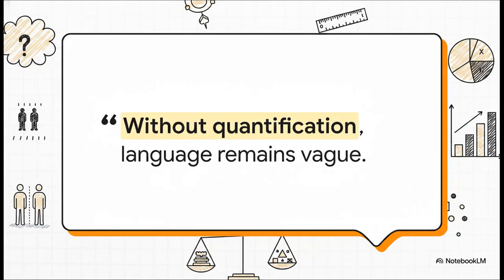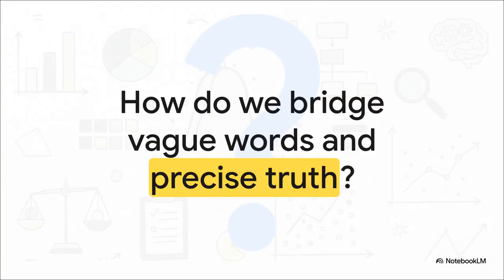Now, this quote right here hits the nail on the head regarding a fundamental human problem. Our natural language is honestly terrible at capturing precise realities. Thinkers like Galileo and Parmenides realized ages ago that relying solely on words traps us in this qualitative vagueness. I mean, if I say someone is tall, what does that actually mean? Without numbers, our descriptions are just way too ambiguous to test properly. So the big question staring us in the face is this: how do we bridge that gap? How do we go from vague words to the precise mathematical truth of nature?